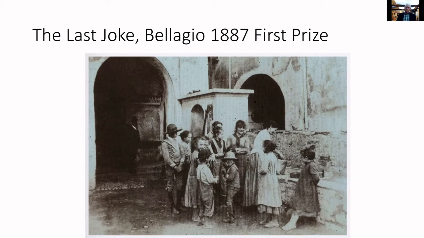And it's fascinating because it's a beautiful technical accomplishment, but it's also a very sweet and kind of endearing scene of these poor kids. Notice nobody's got shoes, or maybe one or two kids have shoes on, around this woman who's getting water outside her apartment in Bellagio. And this is one of the things that's really interesting about Stieglitz's work, is that he has this incredible technical gift, but he also has an emotional depth in his work that's fascinating.